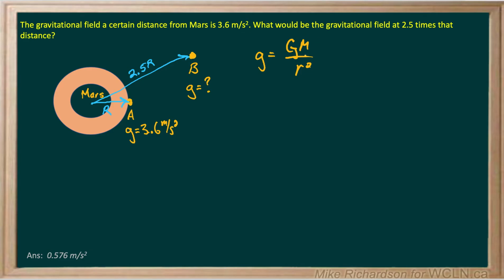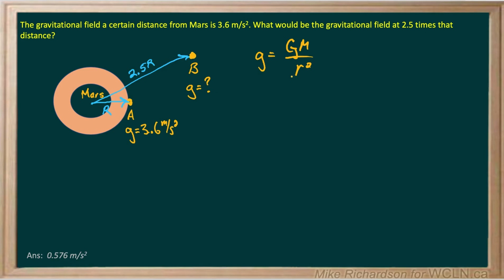And we can see that it's directly related to mass. So if the mass of the planet doubles, the field strength will double. But for this question, we want to focus on the denominator. And it's telling us that it's inversely related to the distance to the mass, to the center of the mass,